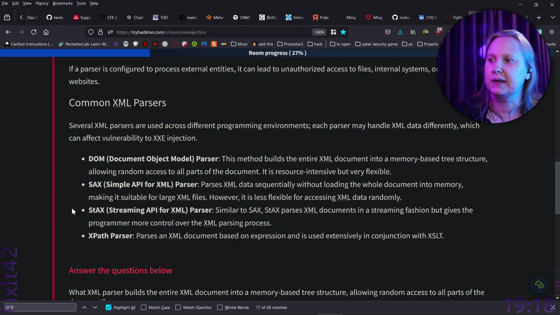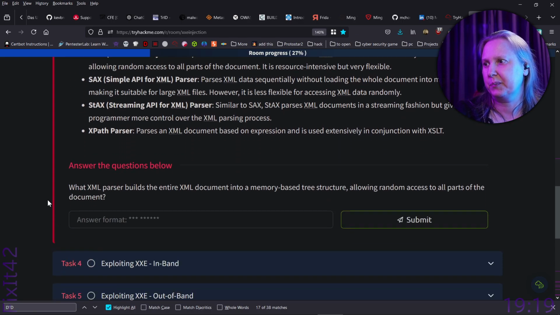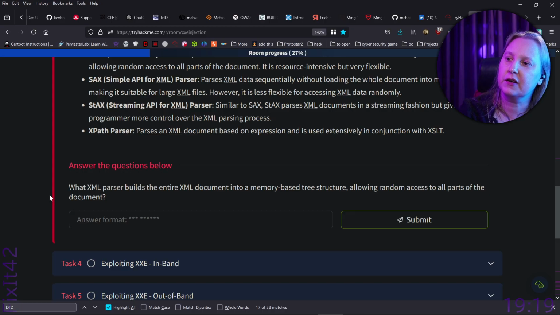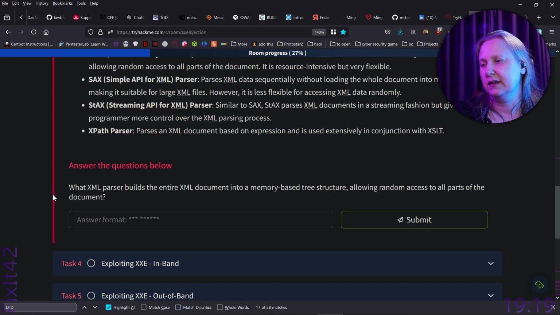STAX, Streaming API for XML Parser. Similar to SAX, STAX parses XML documents in a streaming fashion, but gives a programmer more control over the XML parsing process. XPath parser parses an XML document based on expression and is used extensively in conjunction with XSLT. Answer the question below. What XML parser builds the entire document into memory-based... DOM parser? So